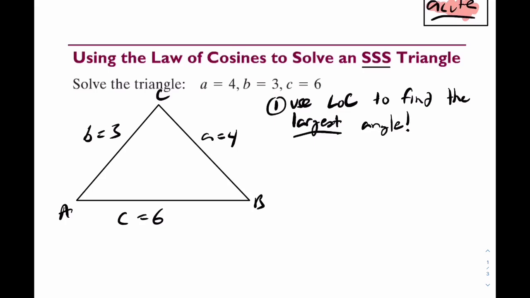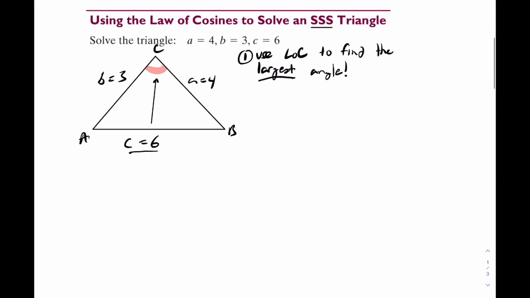So look at your triangle and think which one must be the largest. The largest one has to be right here. Now the reason for that is because look at this. There's a 6. The other legs are 3 and 4. So this one, because it's across from the largest leg, must be the largest angle. So now we're going to use our law of cosines in reverse to figure out that angle. So we're going to write 6 squared should equal 4 squared plus 3 squared minus 2 times 4 times 3 times cosine